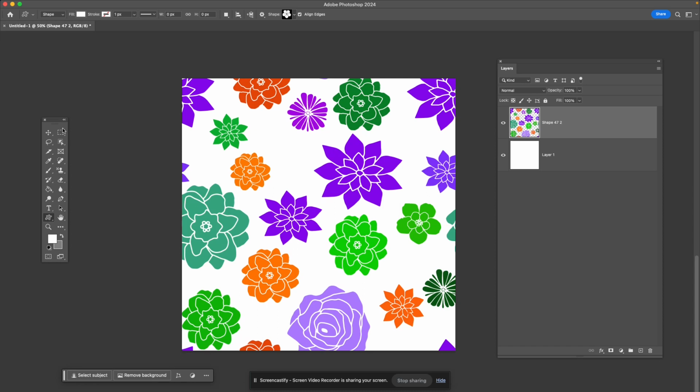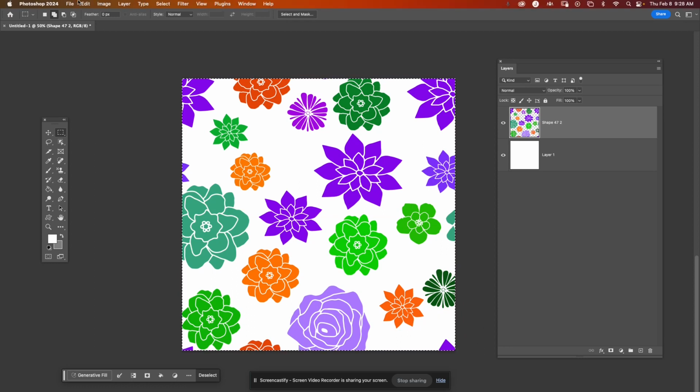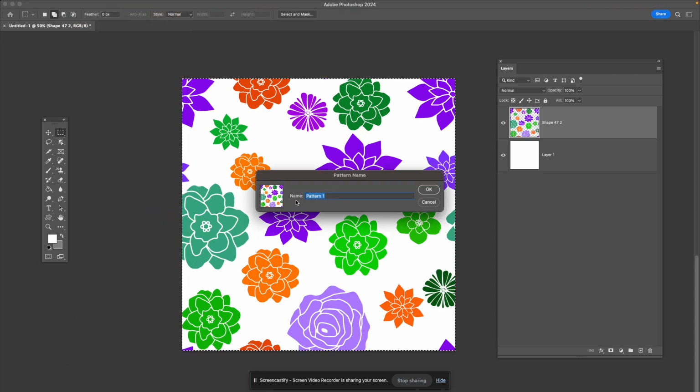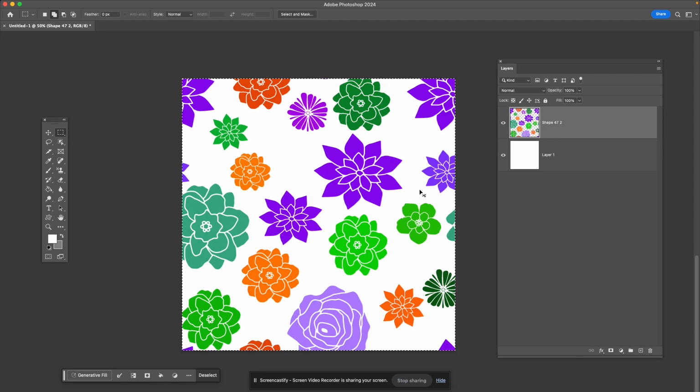Go to your rectangular marquee tool and draw a box around the whole thing. Go up to Edit, scroll down to Define Pattern. And I'm going to call this flower pattern and press OK. So now,